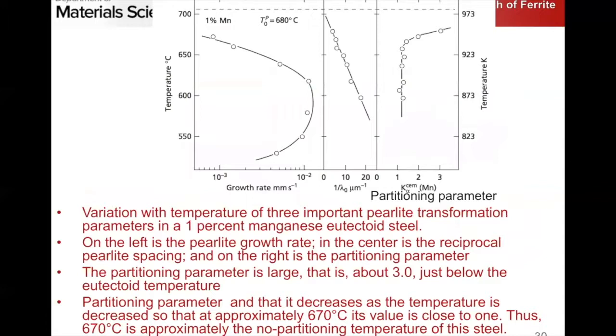All right. So here we see the three basic things that we talked about. Here's the pearlite growth rate as a function of temperature, our pearlite lamellar thickness, and how much partition. This is the partitioning parameter here. So for manganese, our partitioning parameter is quite large at high temperatures, right? So that means here we're going to partition